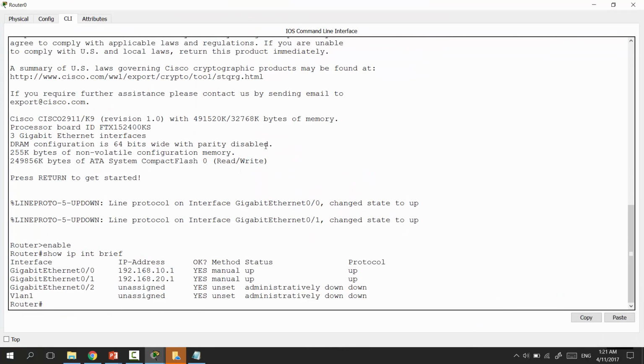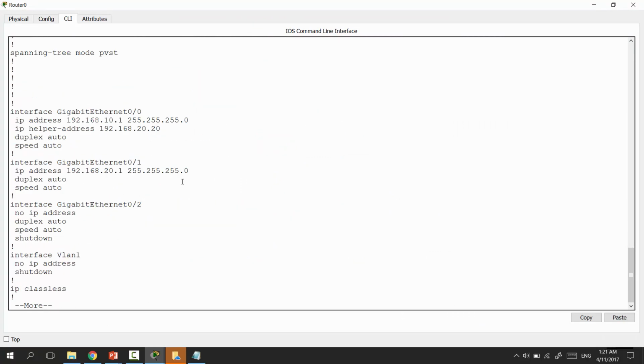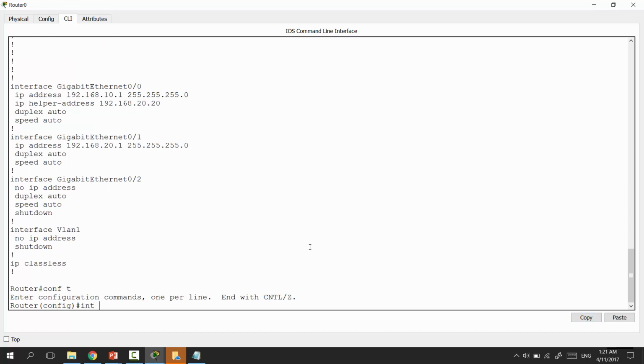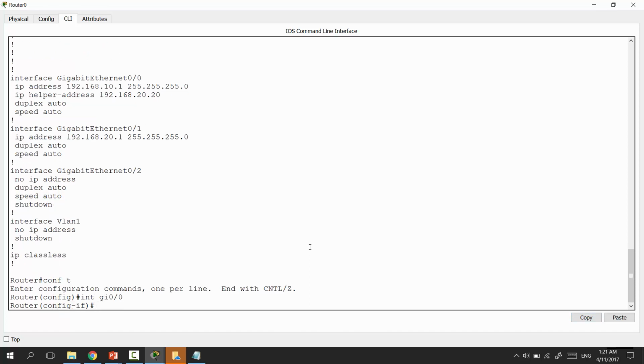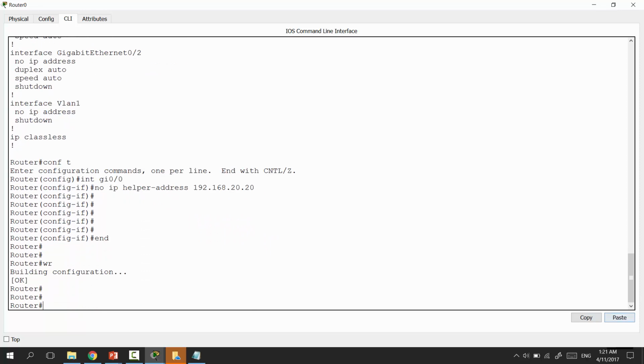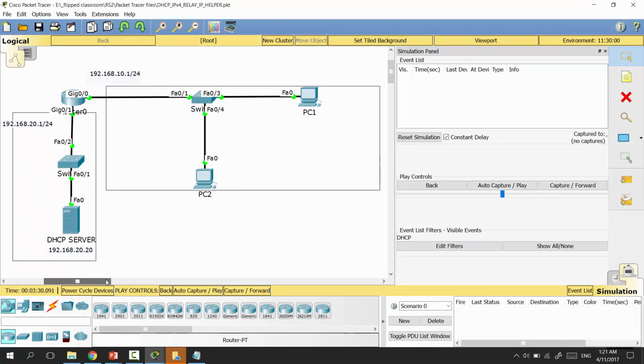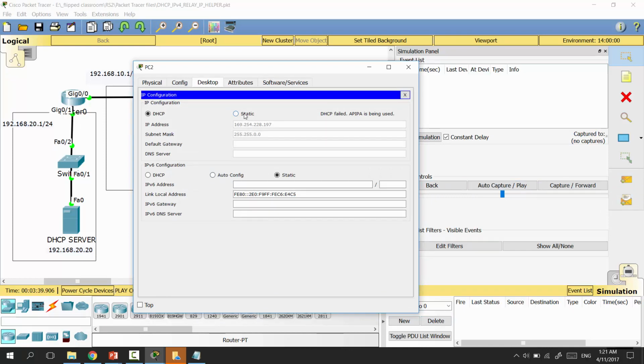Sorry guys, so let me take a look at my running configuration file, and yeah, here it is. So let me delete it. Interface gigabit 0/0, no, and let me paste this command. Now let's think that you didn't see this in action, and let me also click one more time on DHCP request,